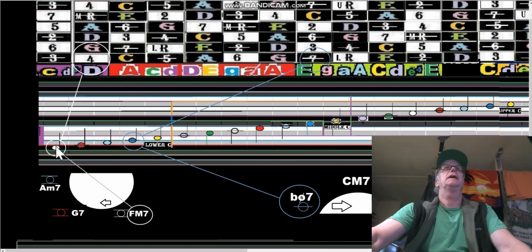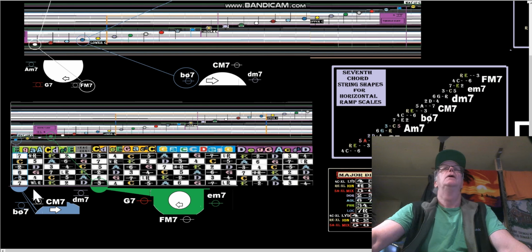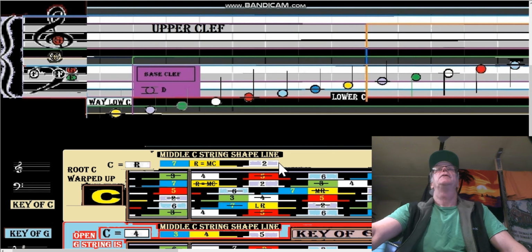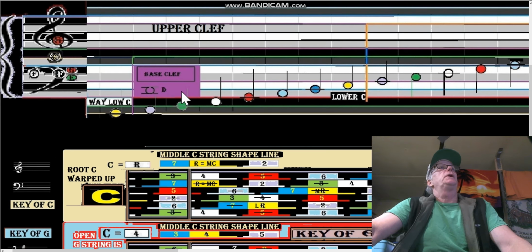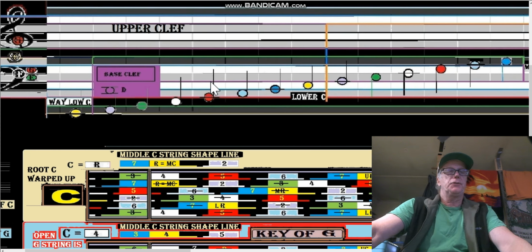We only get to the F here. The E would be right here on the green line there. That would be the lower E in this particular thing. So we might have it on this one. No, we don't have it. Here we have it. So we have the lower C and then the lower E on that green line the way I was talking about. So that's where everything is on the staff, and that's why